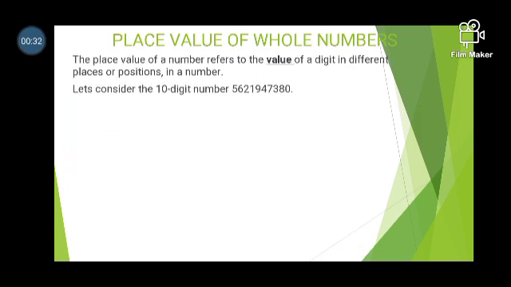What is place value? The place value of a number refers to the value of a digit in different places or positions in the number. Now, considering these 10-digit numbers, we have 5, 6, 2, 1, 9, 4, 7, 3, 8, and 0. Using the place value chart,